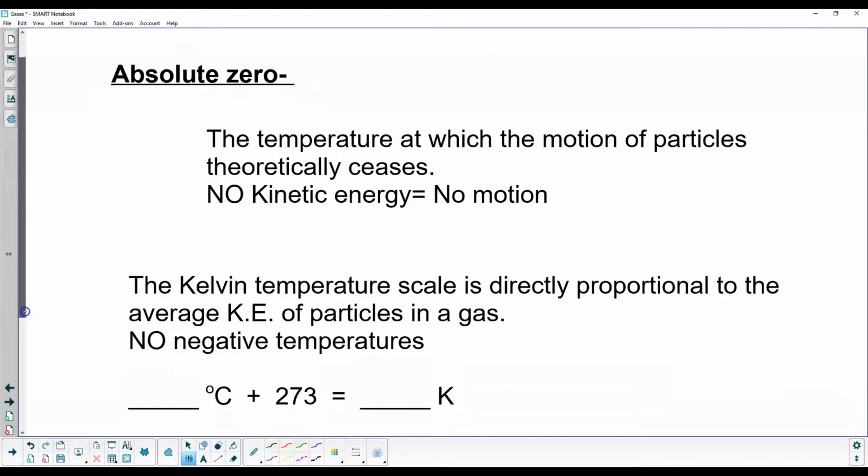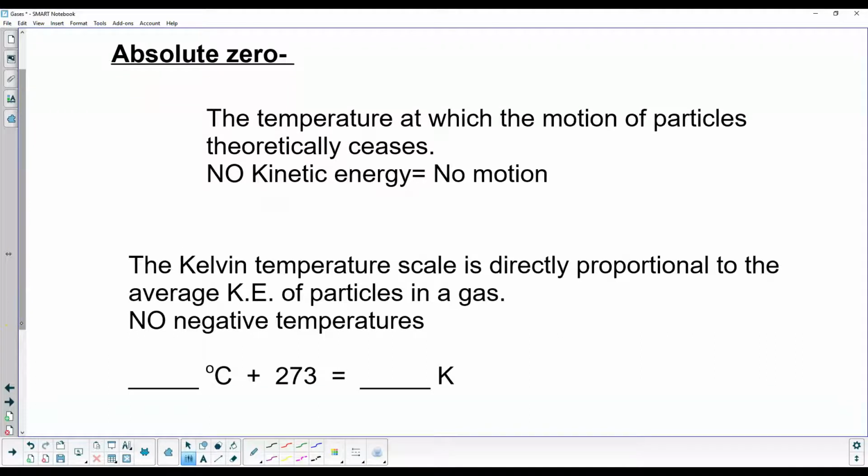I mentioned absolute zero on the previous slide. Absolute zero is basically the temperature at which motion of all particles theoretically ceases. Temperature is the measure of the average kinetic energy of particles, or basically how much these particles move. Fahrenheit and Celsius have temperature scales with negative values. Very commonly it gets into negative Celsius temperatures, because that's anything below 32 Fahrenheit. In the winter, it's almost always negative Celsius. That's based upon the freezing point of water.